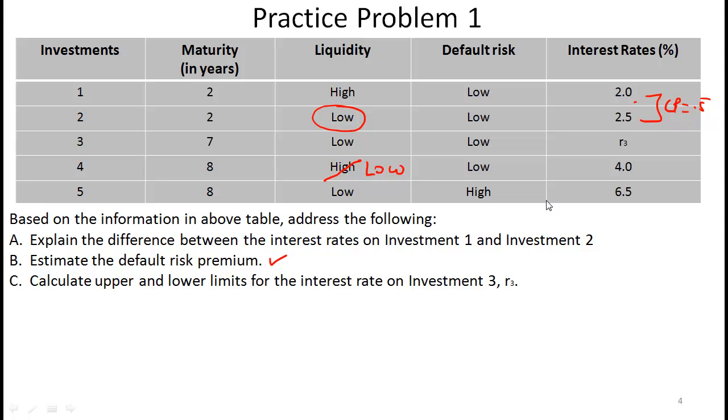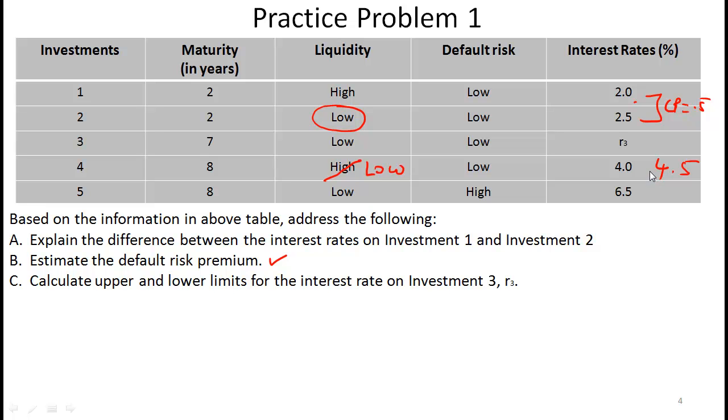Will it increase or decrease? Increase. Yeah. So all else equal, if suddenly investment 4 becomes less liquid, investors will demand a higher return. How much higher? 0.5, because we've already established from 1 and 2 that the liquidity premium is 0.5. So then what will happen is, if that becomes low, then the required return becomes